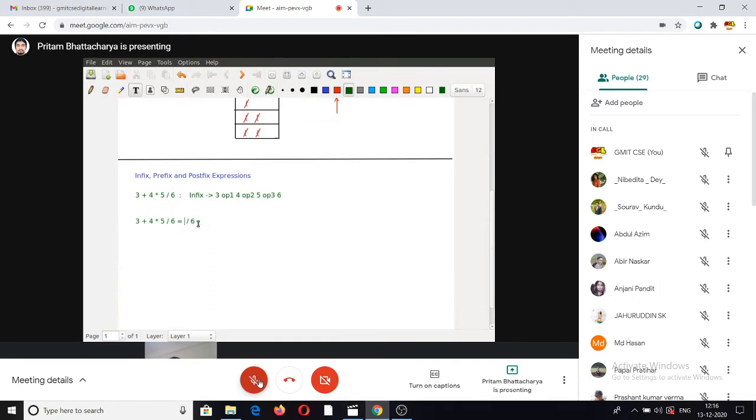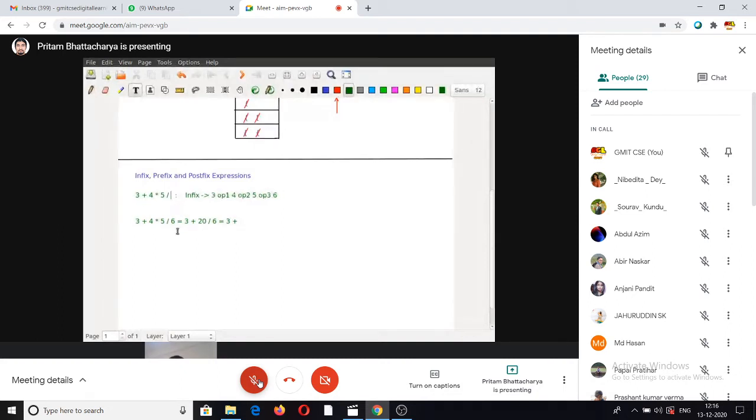So you will first scan the input. You will locate which is the operation which has the highest precedence. So you will do the 4 into 5 here. You will get 20. Then again you will do another scan, and you will find that you are still not allowed to do the plus. You cannot write this as 23 by 6, right? That is again wrong. So you have to write it as 3 plus